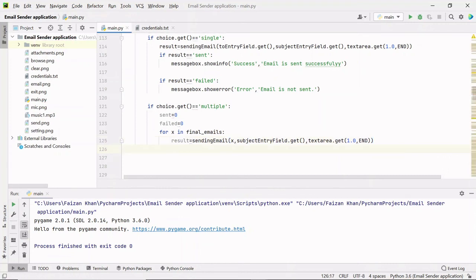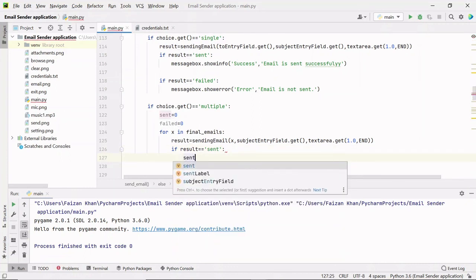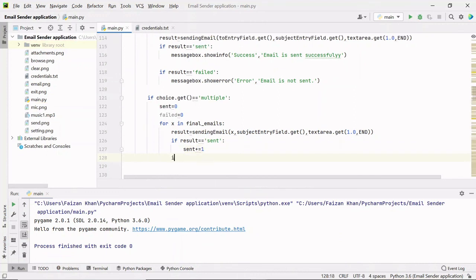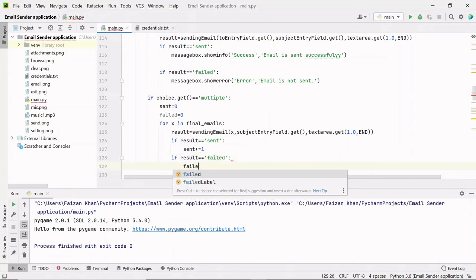And now I'll check if the result variable is storing the sent string. It means I'll increase the count of the sent variable by 1. And if inside this result we get the failed string, it means we'll increase the count of failed.